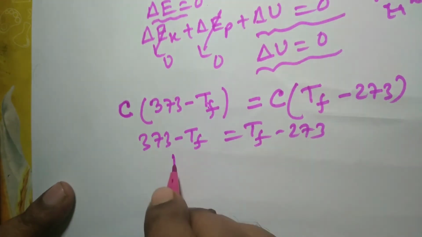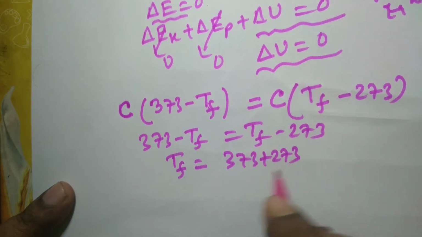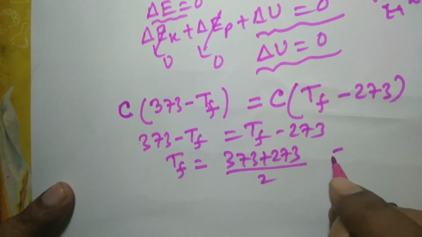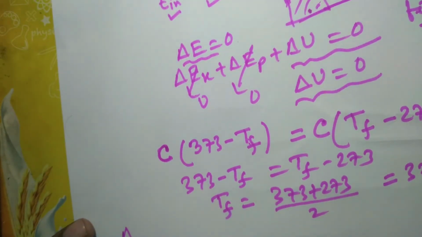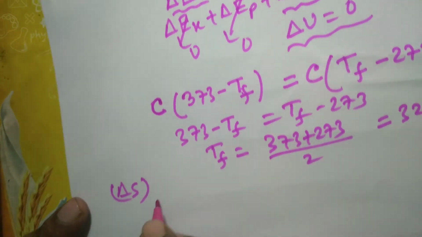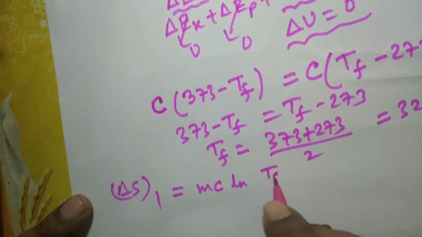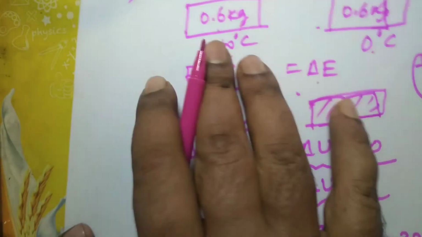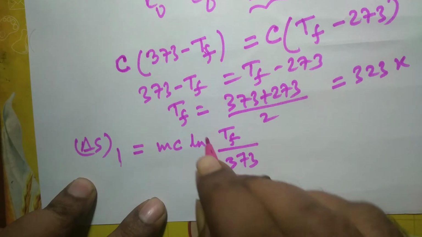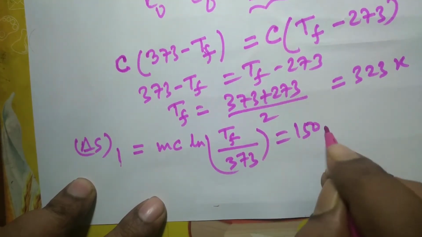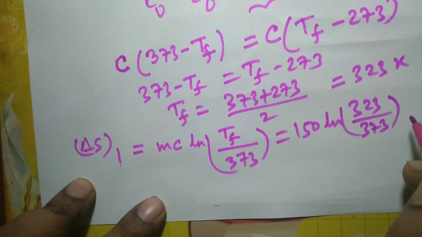That means Tf would be equal to (373 + 273) divided by 2. That is equal to 323 Kelvin. So for the first copper block, delta S1 would be MC ln Tf by T1. The initial temperature of this copper block is 100 degrees Celsius or 373 Kelvin. This is equal to 150 ln 323 by 373, and this is equal to